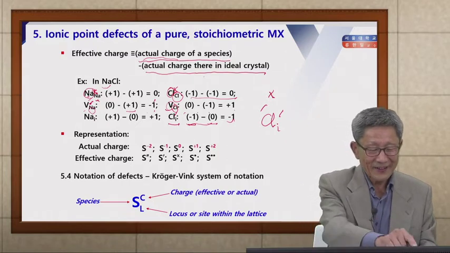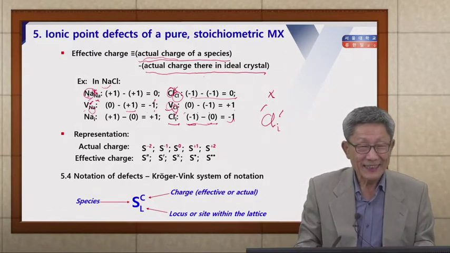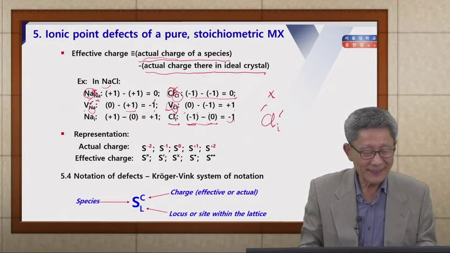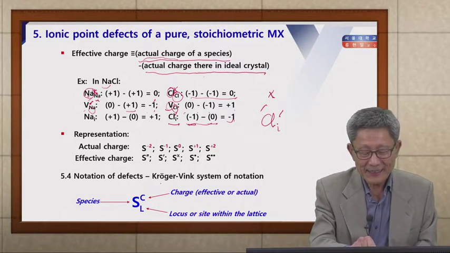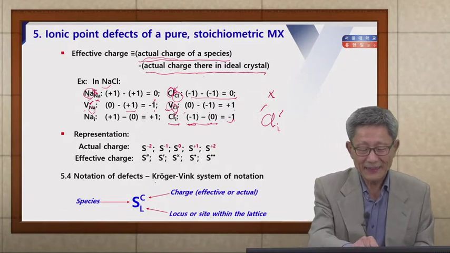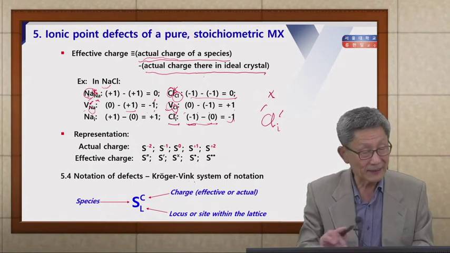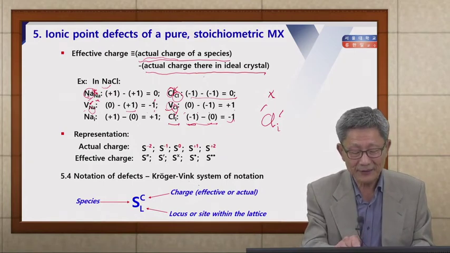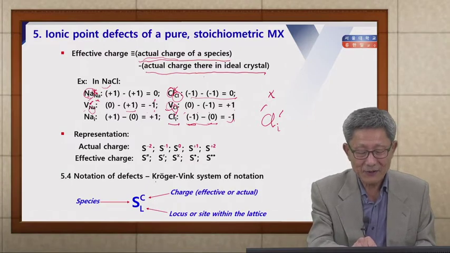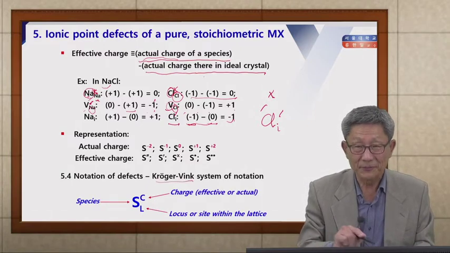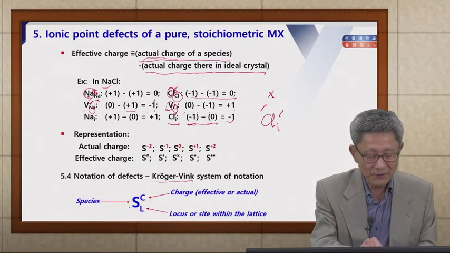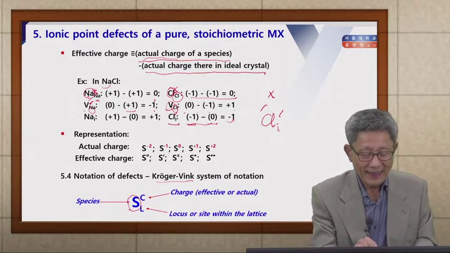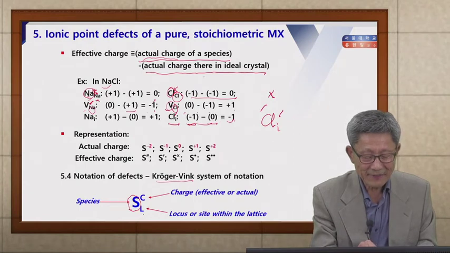Get it? Okay, so now let me introduce the very important notation of defects, which was invented by Kröger and Vink at the Philips Research Institute in the Netherlands. So it is called the Kröger-Vink system of notation. It goes like this: you write a species on the normal line, and as the subscript, you